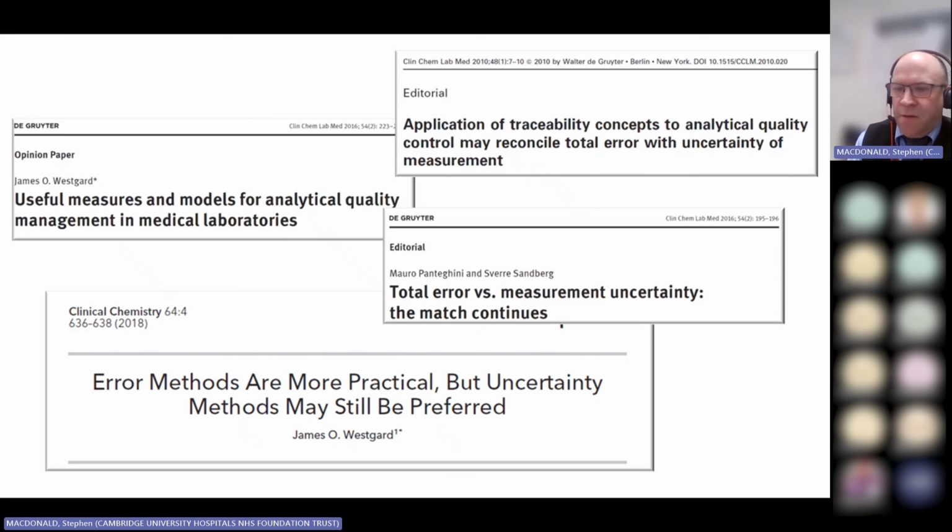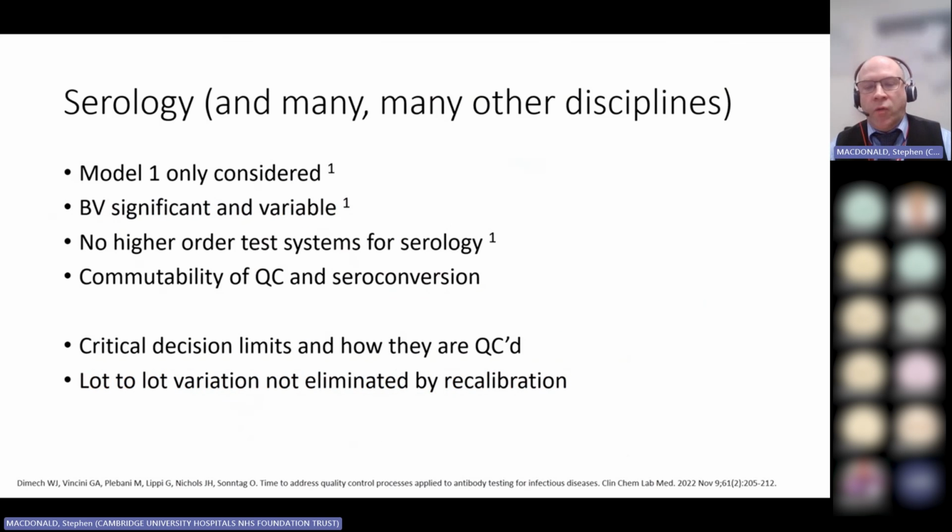But there's a massive elephant in the room, and I'm just going to finalize the last couple of slides with a little bit of a rant from a hemostasis perspective. Everything that I've presented today has all been, to their absolute credit, based around work done in biochemistry. And there's lots and lots of other disciplines that are trying to play catch up with